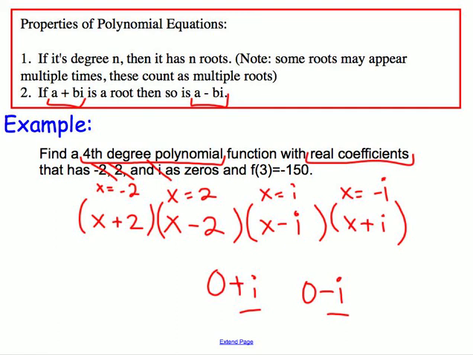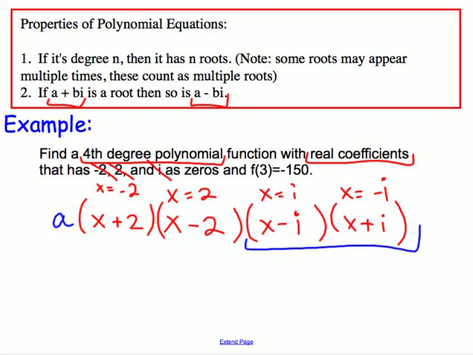There may or may not be an a value out in front here, a factor that doesn't have x in it, that doesn't affect the roots or the zeros, but definitely stretches the graph. So this is our stretch factor that we're going to see coming up a lot, and always it's the last thing you usually find, depending on the information given. So we've got our roots, but we're going to first simplify a little bit. First of all, we don't like to put imaginary numbers in answers, so we're going to multiply that out. We're going to leave everything else factored,